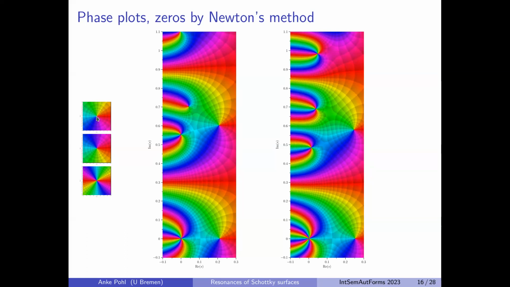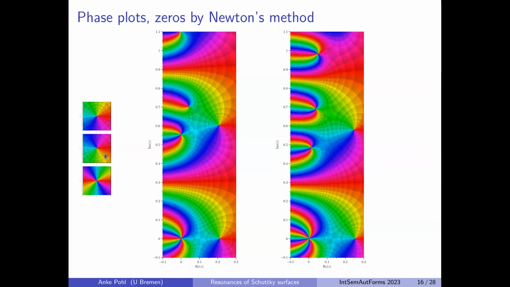What you see here is that z goes to z has a zero at 0. You discover a zero by having one rainbow gone through, and then the point in the middle is your zero. The picture one down is the map z goes to 1 over z. So we have a pole at 0, and you see it in the picture. Now the rainbow is in the opposite order, so you go around 0 in the other direction when you follow the colors. So this is a pole.